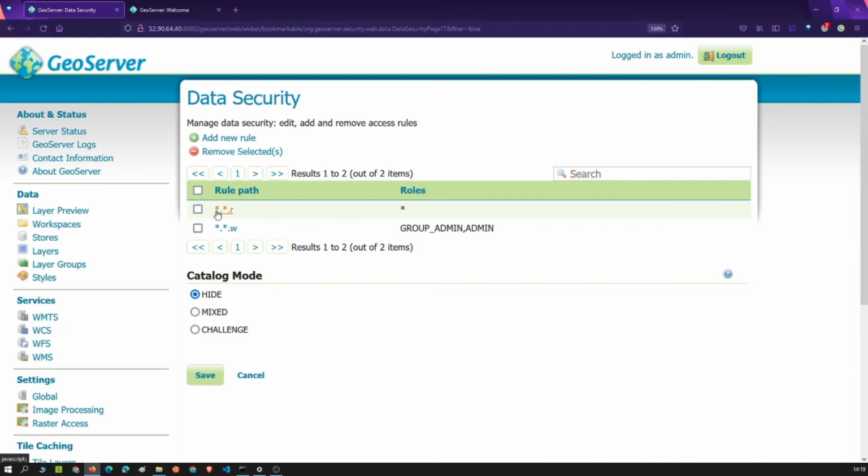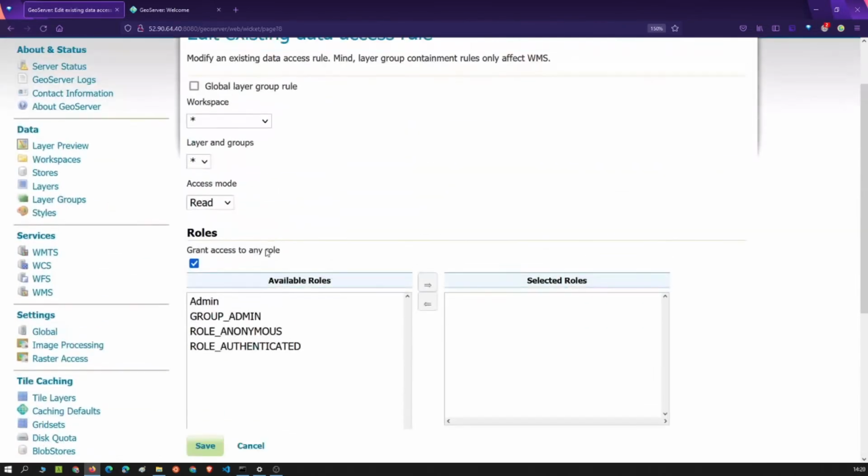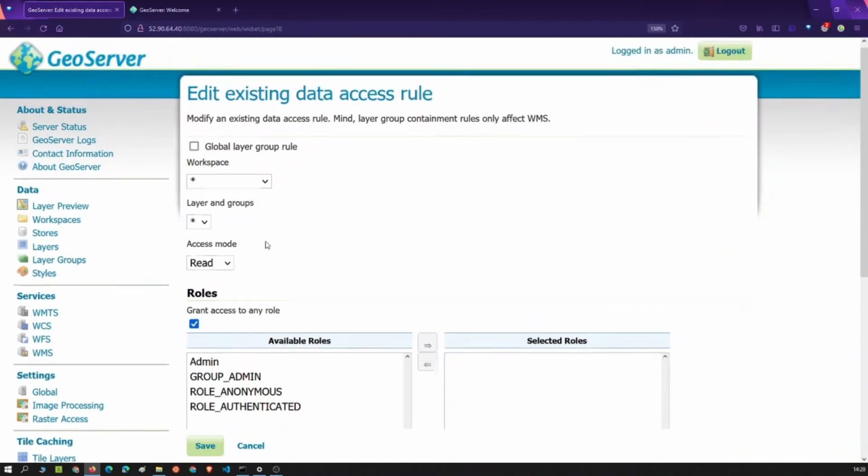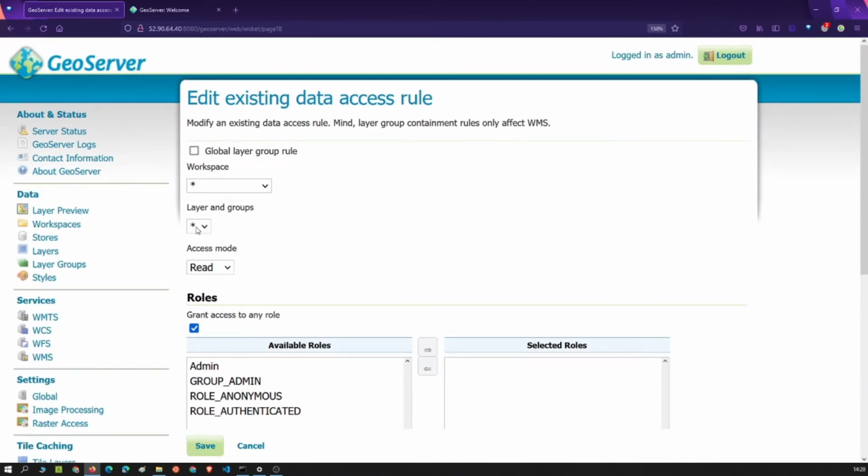The first star is workspace and the second star is layers. Similarly, you would notice group admin and admin have access to write for all workspaces and all layers. So you don't want read access to all roles, so you want to limit this. Let us go to this rule path. Basically all roles, all workspaces and all layers have read access.